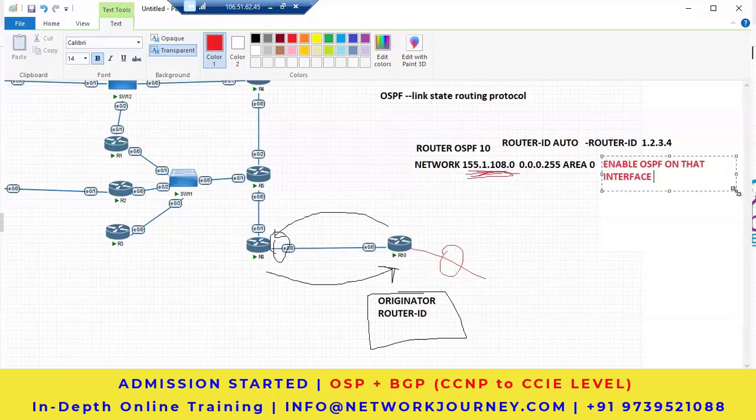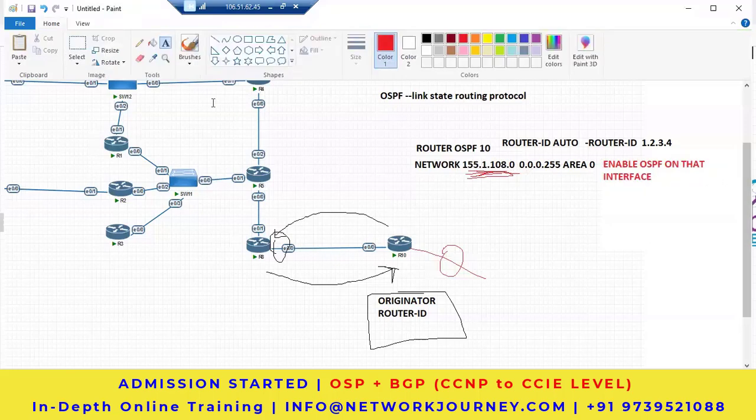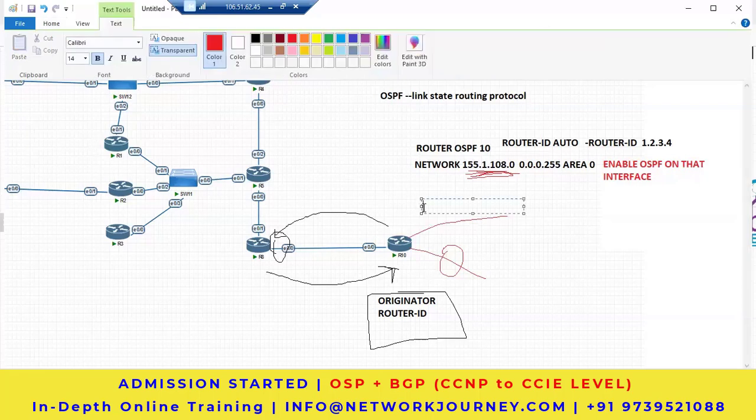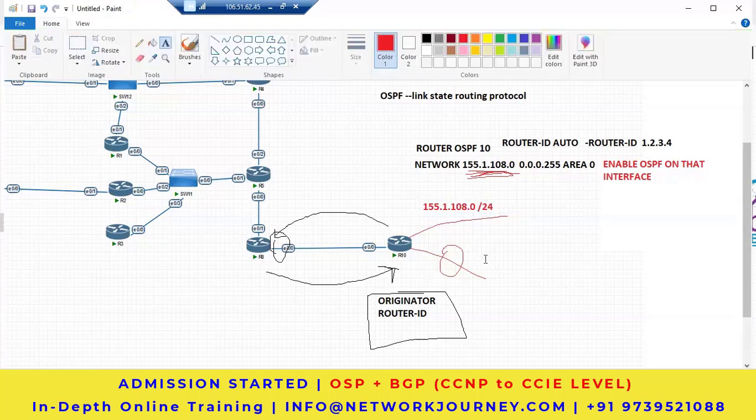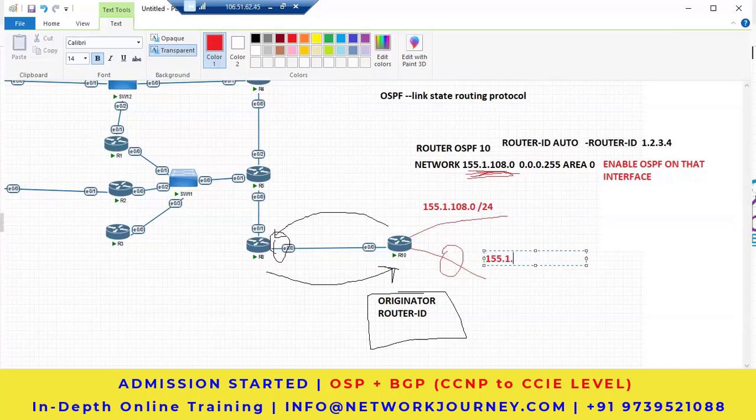Not the advertisement, that is the byproduct. Because see, suppose I have two interfaces on my router 10. One is this 155.1.108.0 network, something like this, and this one is my 155.1.37.0/24. So what does it mean? If I go under my router OSPF 10 and I write the command network 155.1.0.0,